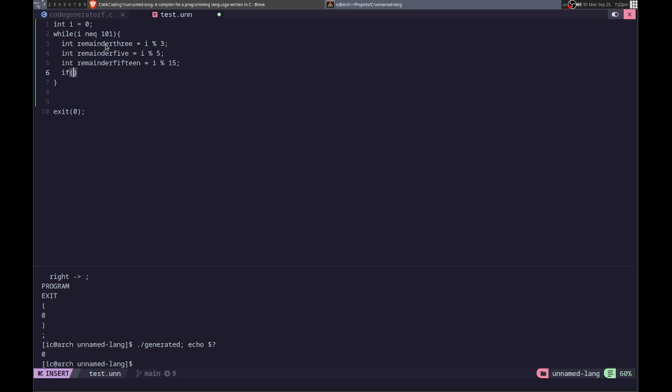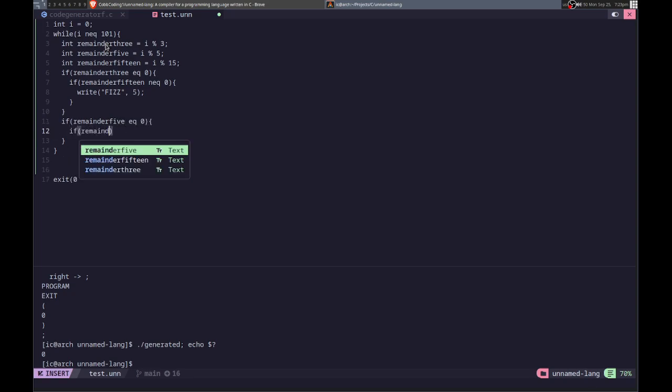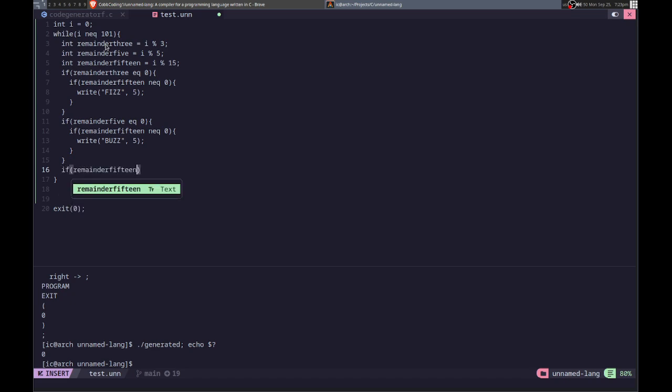So then what we have to do is check remainder 3 equals 0, and remainder 15 does not equal 0. And then we just write fizz with the 5, so now we'll give it a new line. And then we check remainder 5 equals 0, and remainder 15 not equal 0. And actually, I'm thinking there's a better way to write this, but I'll rewrite it after. Buzz 5, and then now we have to check if remainder 15 equals 0, then